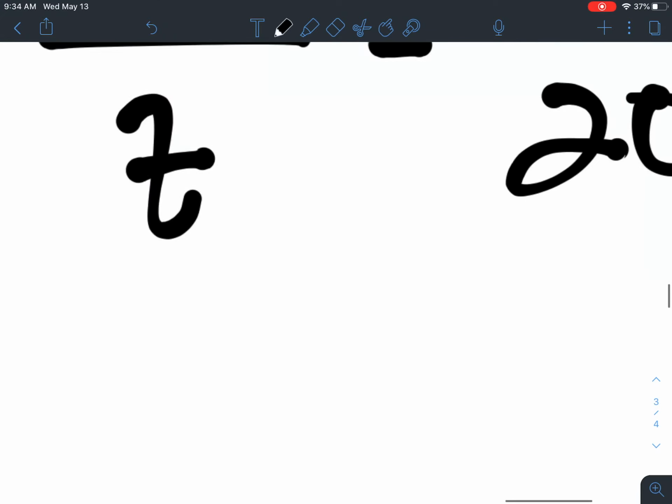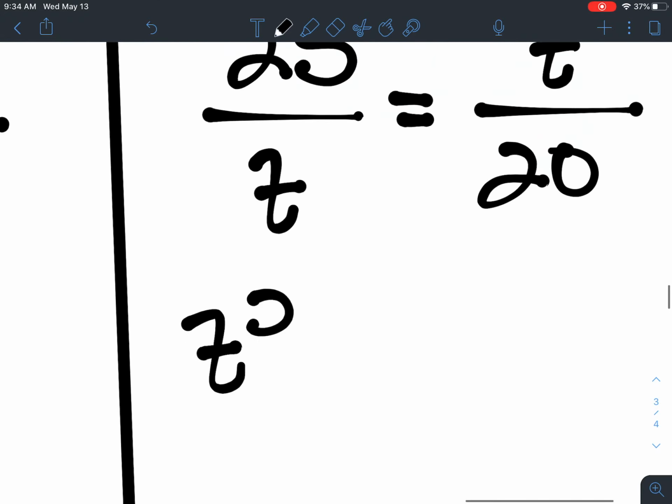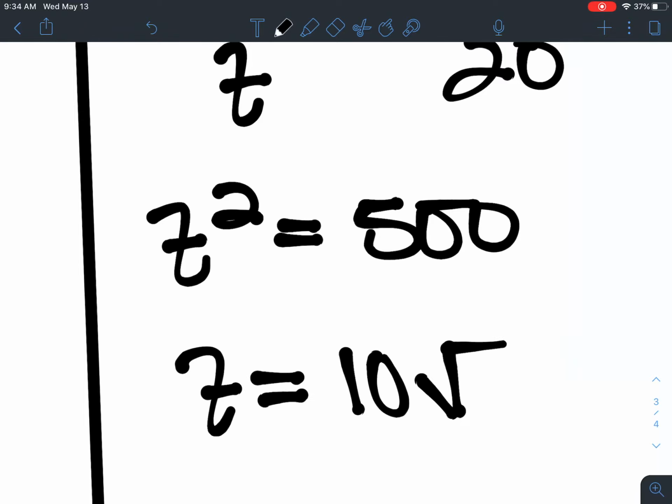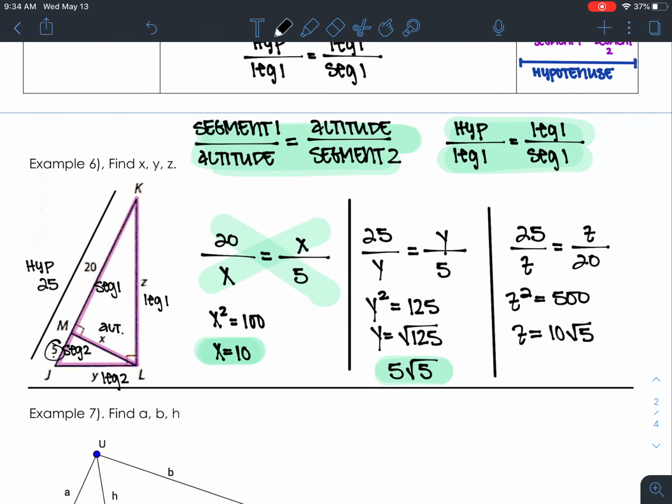And now we cross multiply. So we're going to get z squared is equal to 500. Then if we break that down, you're going to get z is equal to 10 root 5. And that's your final answer as well. Now the thing is that these don't necessarily change. The only thing that is kind of different is the fact that